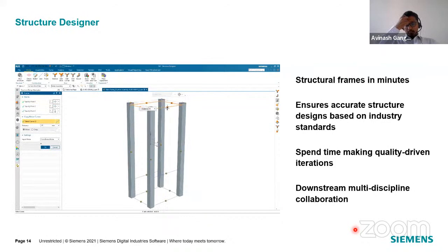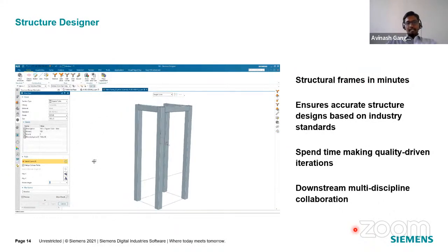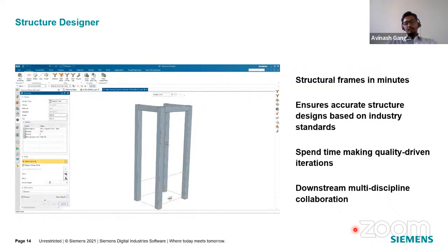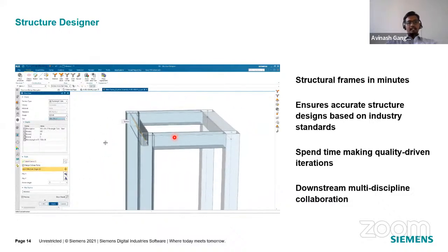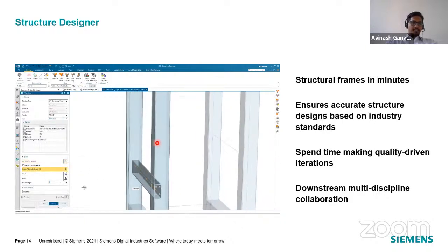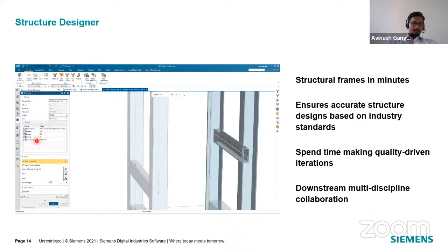In the same user interface and environment, you're able to get rid of all those multiple iterations that are coming in. Any design changes keep getting updated, but at the same time you can share the same information back to the downstream deliverables at any point in time. You can see the ease with which you are able to build. For example, if you have to add any gussets, make any changes here, add any caps, or quickly populate the frames,